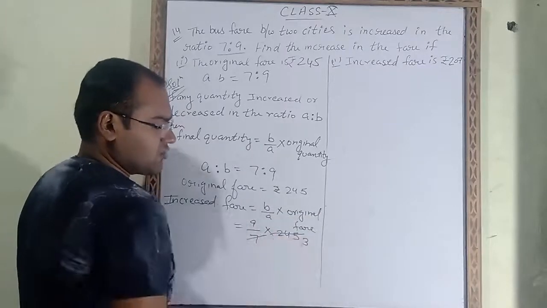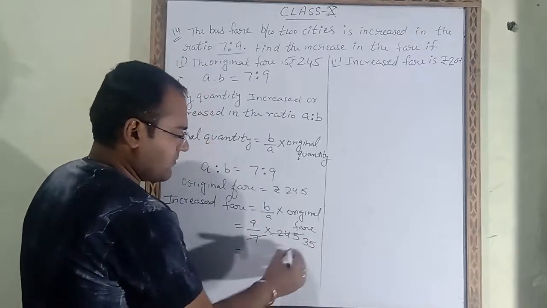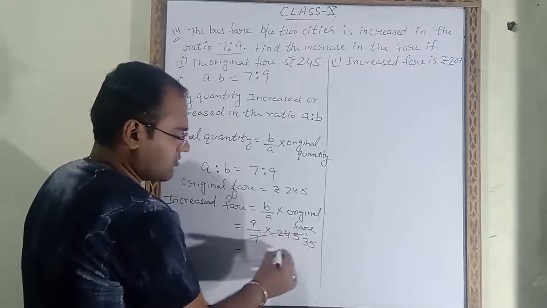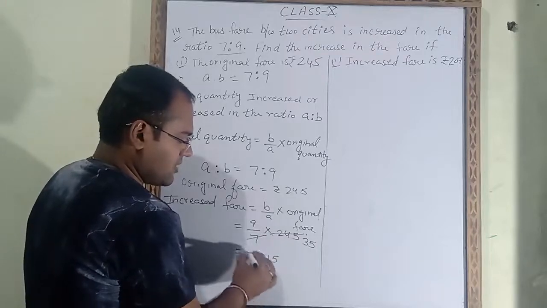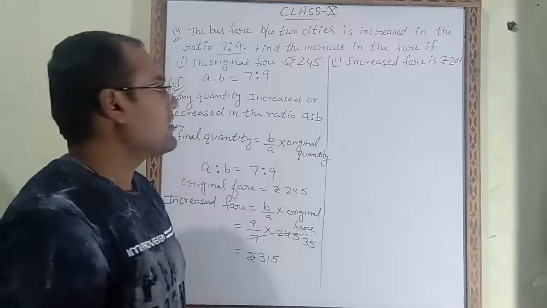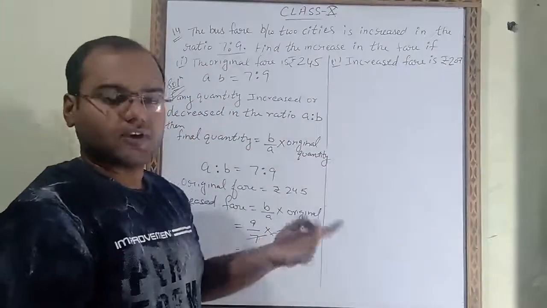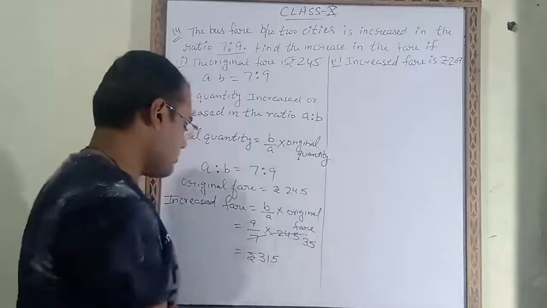Now we will cancel these numbers. 7 threes are 21, 7 fives are 35, 9 fives are 45, 9 threes are 27. 315 is the new fare, the increased fare. But it said we have to find the increase in fare. We have to tell how much fare is increased. So increase